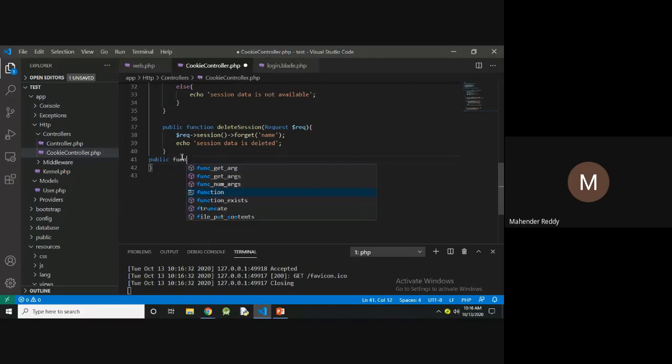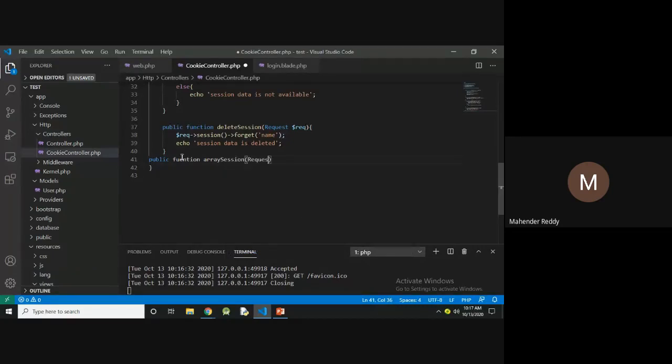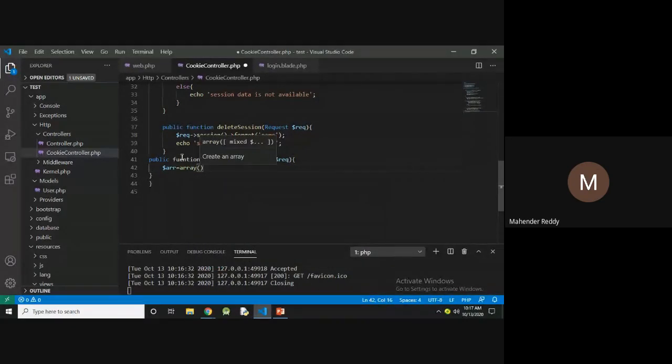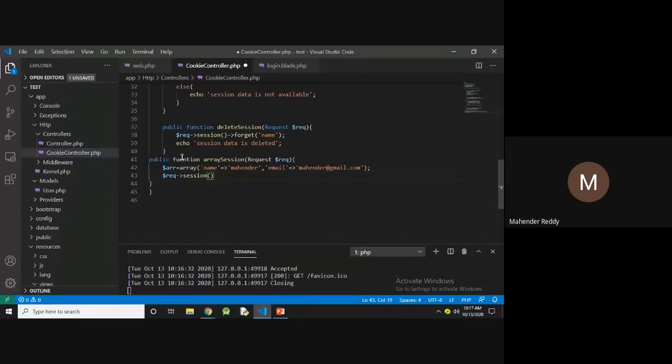So public function arraySession(Request $req). $arr is equal to an array of name Mahendra, comma, email Mahendra@gmail.com. So now $req->session()